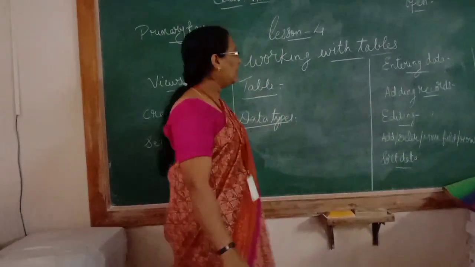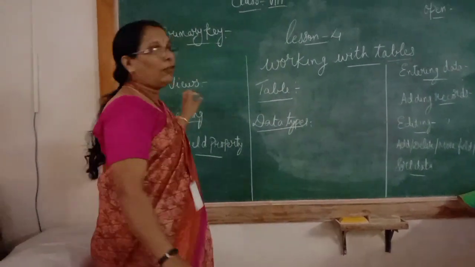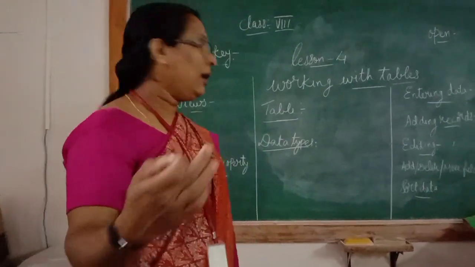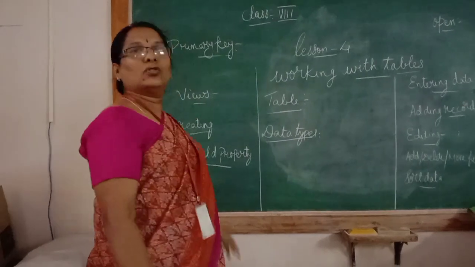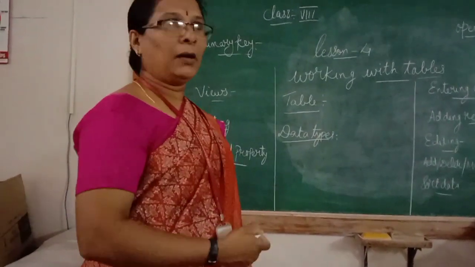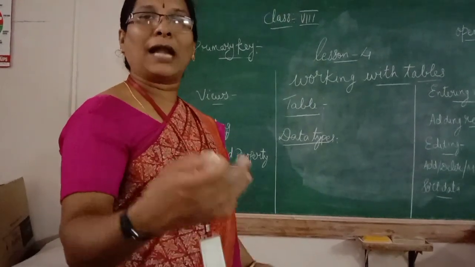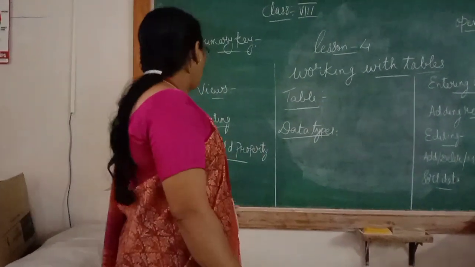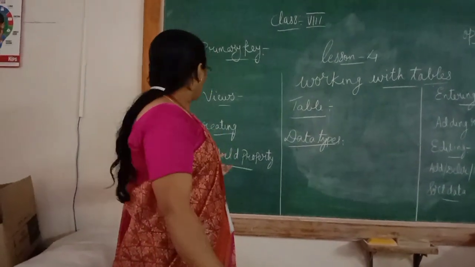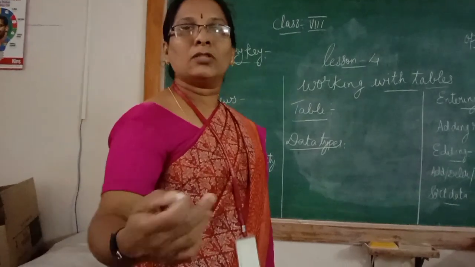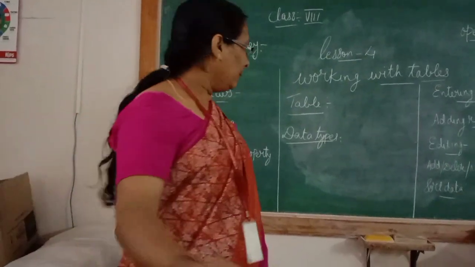Next we will discuss the different views, that means how the table can be defined using different views. You have views for designing a table: design view, datasheet view, and you can also use the wizard. Then you have creating a table, then setting the field properties. How you set the field properties, all this I will show you practically.